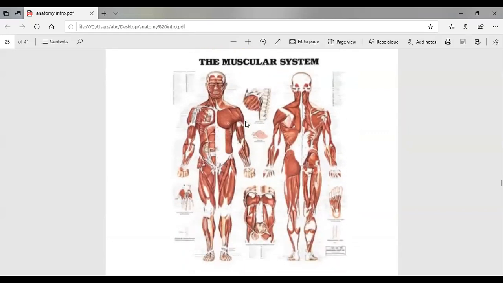So now imagine the bones being removed and only the muscles shown to you. This is how your body will look. The muscles are attached on the bones, correct? The bones are inside and the muscles are above it, and above the muscles is the skin. Now we are discussing the muscular system. So obviously from the name you can guess it is about muscles. Here in the diagram we are shown only the skeletal muscles.